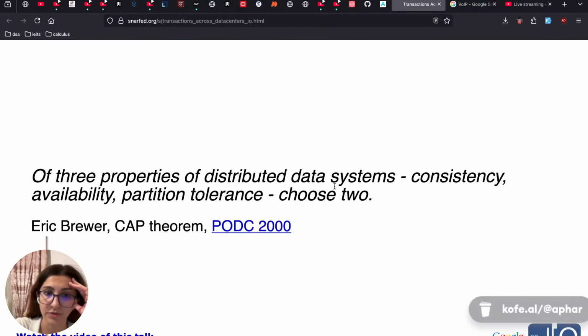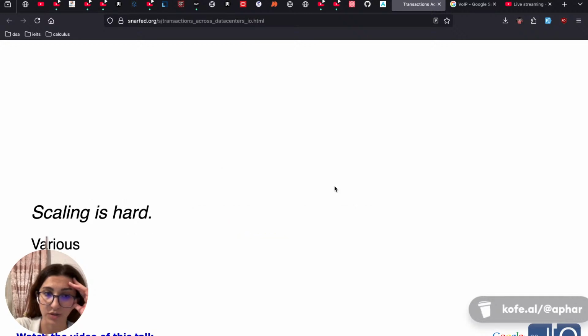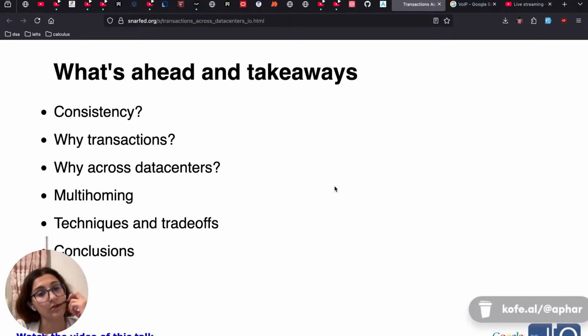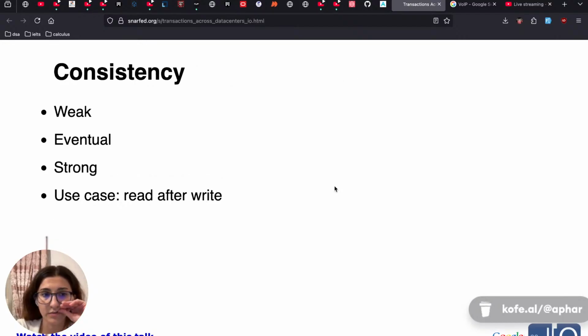Of the three properties of distributed systems: consistency, availability, partition tolerance, choose two. Scaling is hard. Multi-homing, operating from multiple data centers simultaneously, serving data processing, read-only data, read-write, is the hardest kind. Case study: App Engine datastore. Consistency, transactions, buy across data centers, multi-homing, techniques and trade-offs. Conclusion: weak